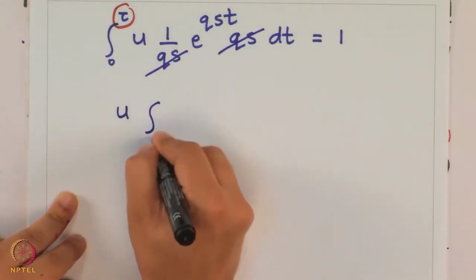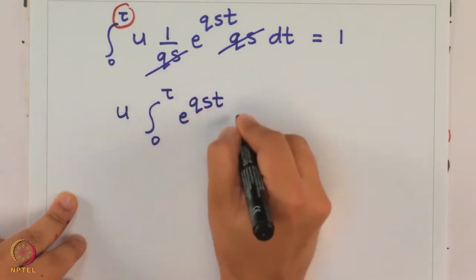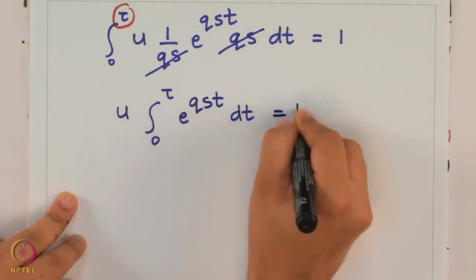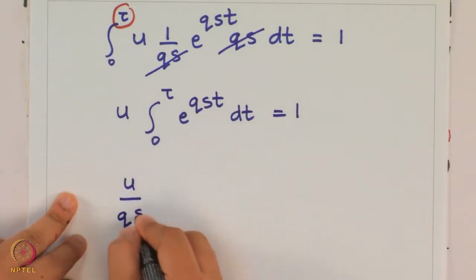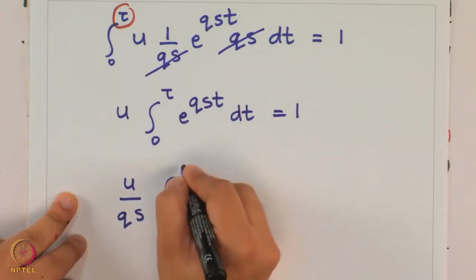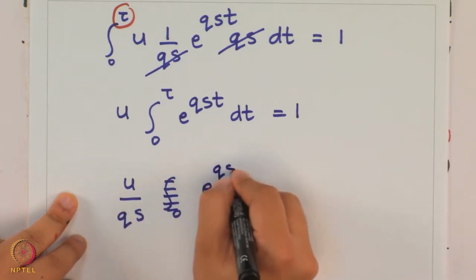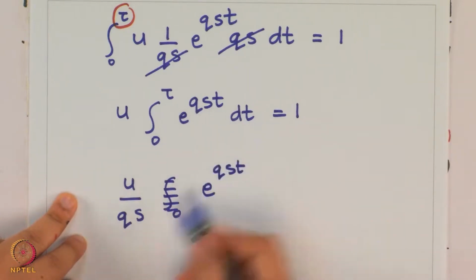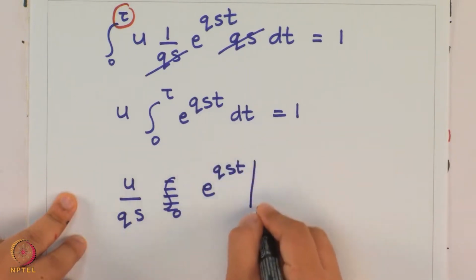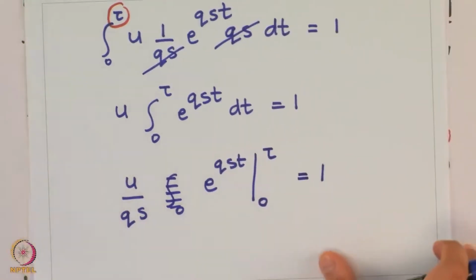So, we have the integral from 0 to tau of u e to the power qst dt equals 1, which gives me u times the integral from 0 to tau of e to the power qst. The integral of e to the power qst is just 1 by qs e to the power qst, lower limit is 0, upper limit tau, equals 1, which can be simplified as,